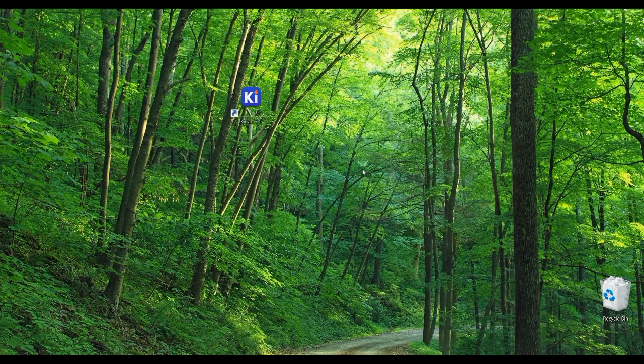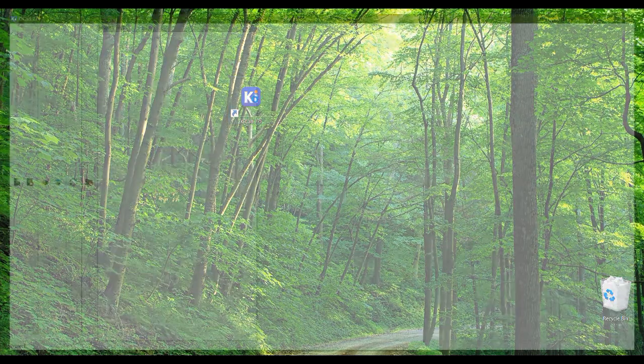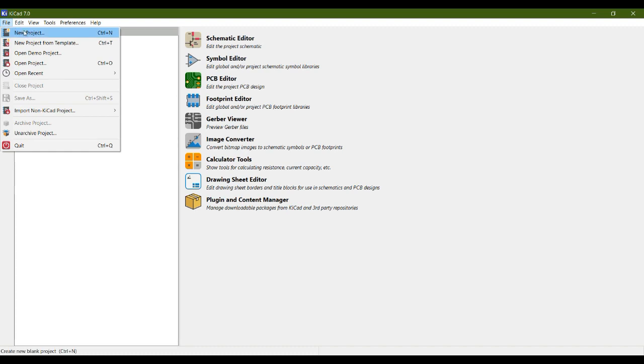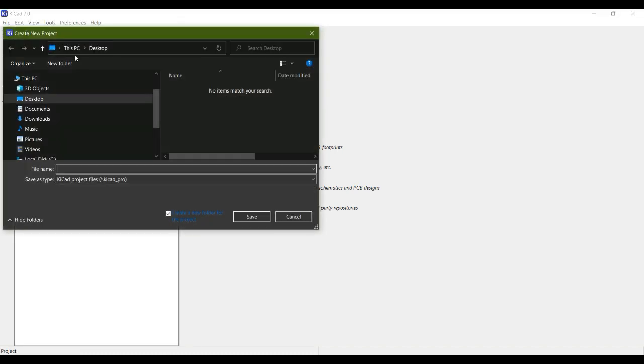Now let's do something practical. Let's run the KiCad software. Now we are going to create a new project. Go to File, click New Project, and I am saving my files on desktop and name the file as